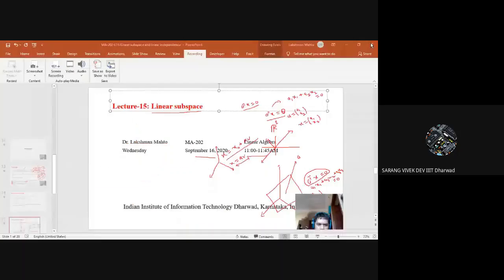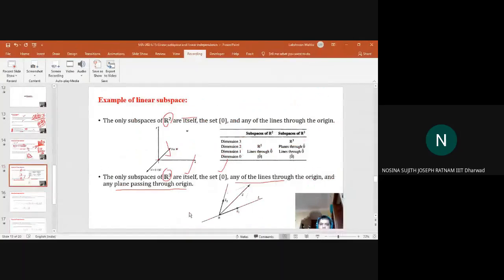Hello, sir. Yes. Does a hyperplane always go through the origin? Hyperplane, there are two structures I had told about. When you have a linear hyperplane, it will always go through the origin. But when you have an affine one, it does not go through the origin. That means when you have a bias structure.